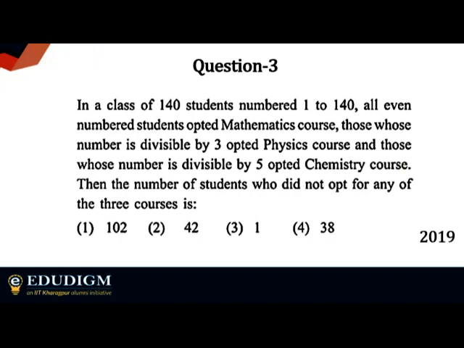Again, here we are using the complementary method. Just find out how many students will have at least one subject, so that you can subtract and get the numbers. Just try this one out if you have any problem.